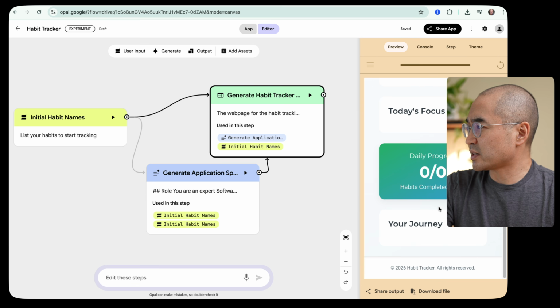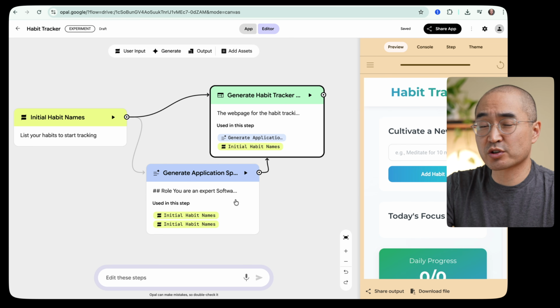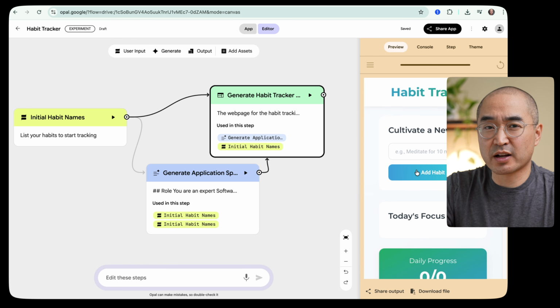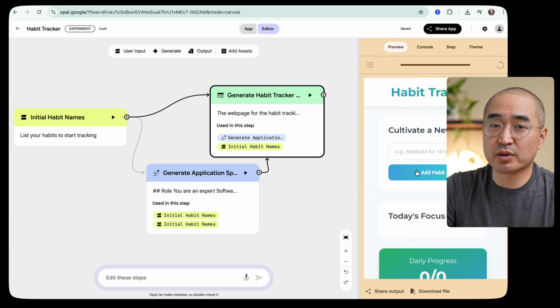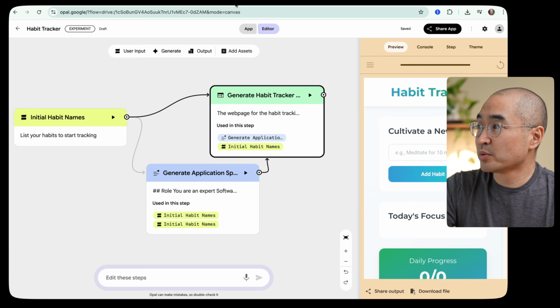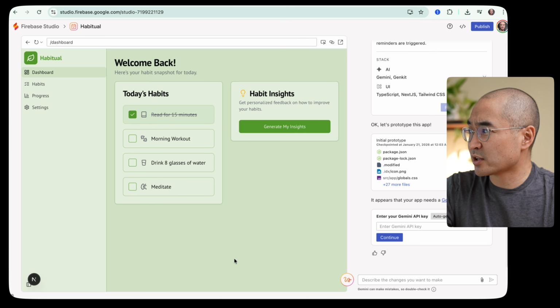So it tells me my daily progress. But clearly my prompt or my flowchart wasn't quite detailed enough because this is not exactly what I had in mind. So as I said before, I'm really not experienced with vibe coding yet, but I hope with enough experimentation and getting hands-on time, I would be able to eventually one day create my own app using either Opal or Firebase. I tried using Firebase to do the same thing, and I got a little bit closer to what I